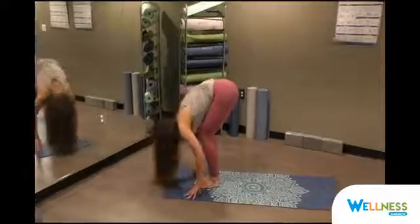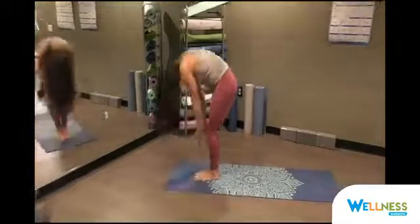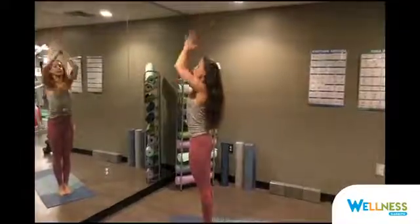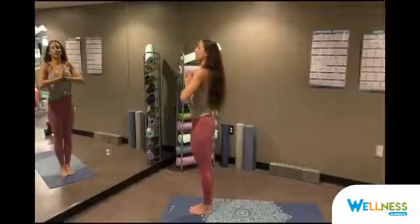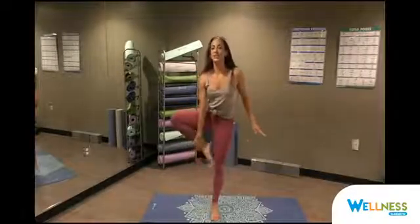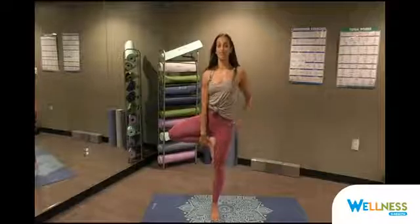Exhale, fold. Inhale, root to rise, arms come all the way up overhead, palms come together, meet in heart center. We'll come into our standing balance, which is tree today. Feet come together, true Tadasana, grounding through the feet, legs straight and strong. Grab a hold of your right foot and place it on the upper inner thigh. If this is not accessible to you,